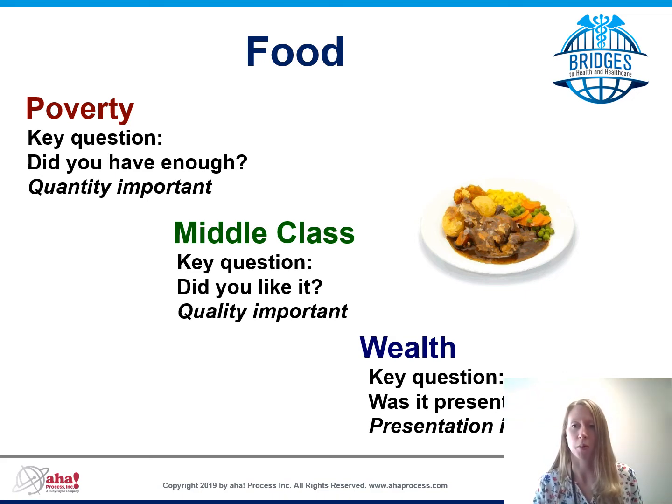quality tends to be the most important. So are the ingredients organic? Are they locally sourced? Are they clean? You might envision someplace like Core Life, for instance. Versus for the wealthy, presentation of the food is arguably the most important. In truly fine dining, you'll be served multiple courses. There might not be much served on each plate, but the elements are very artfully presented.